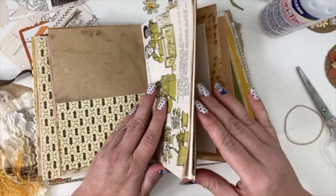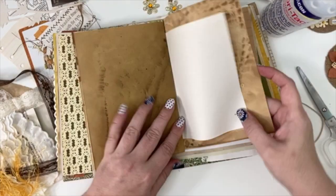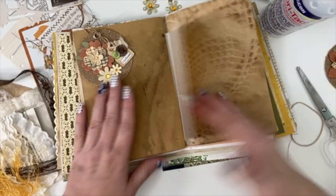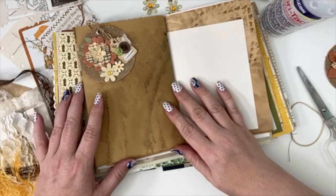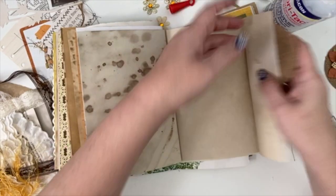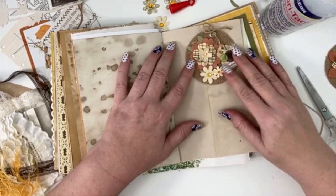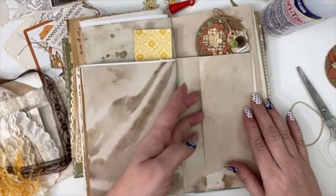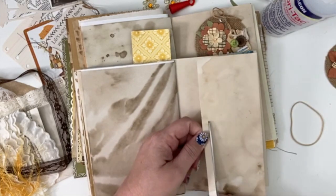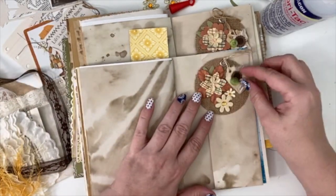Let's put it... I don't know if I want it right here because of this thing. I could put it on this little fold out. That might be kind of cute. Not sure. This one's a little bit thicker, so maybe I'll just trim this one. Of course, I can't cut a straight line, so yeah, maybe I'll put that here and then